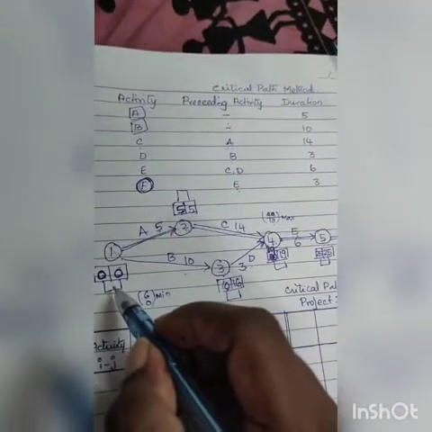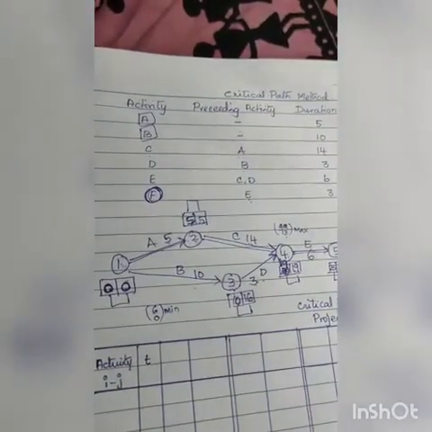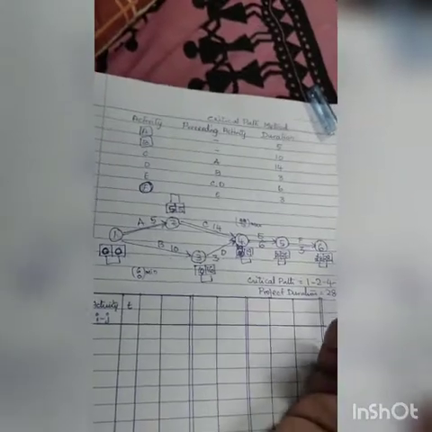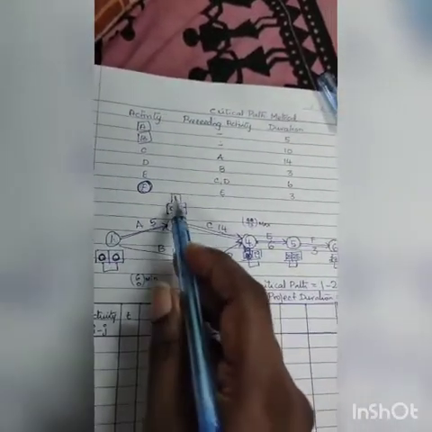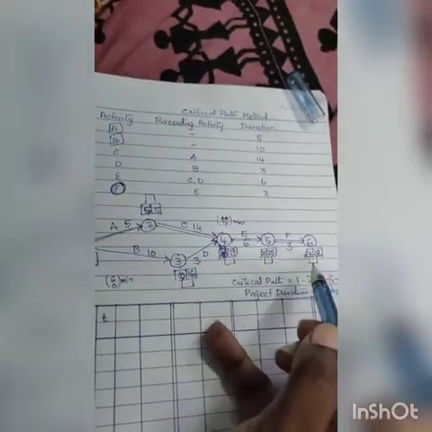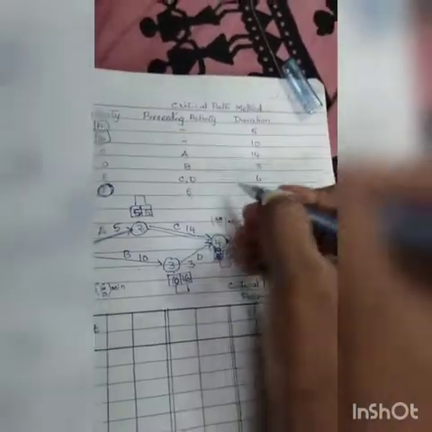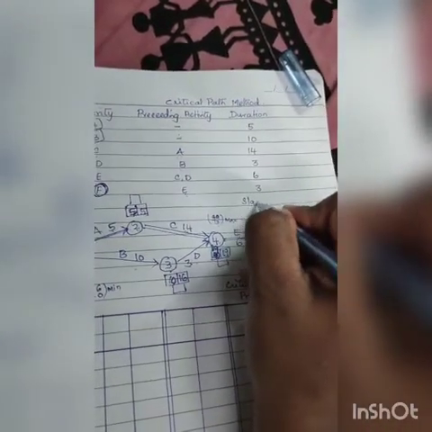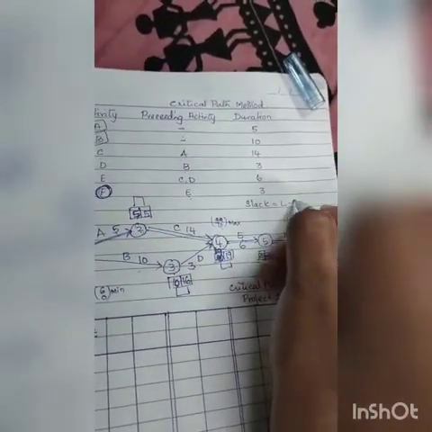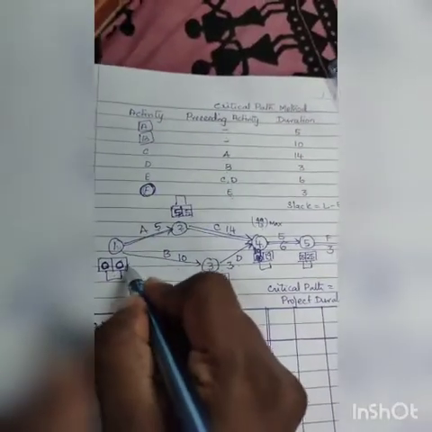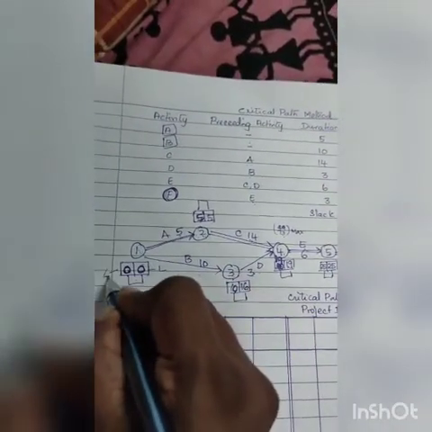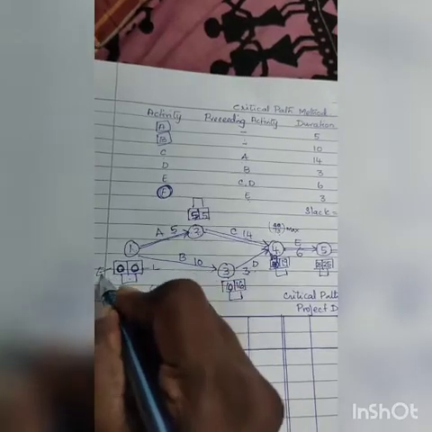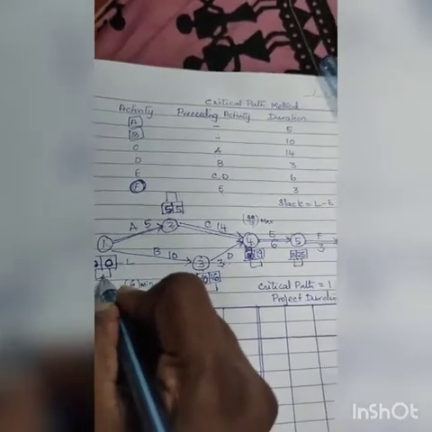Now we'll move on to the third step. Right, not the third step, but the second step. I'm going to do the second step. The second step is to find this third box, which is called the slack box. The slack box is nothing but L minus E. So here this is L and this is E. Latest time, earliest time. Slack is L minus E.